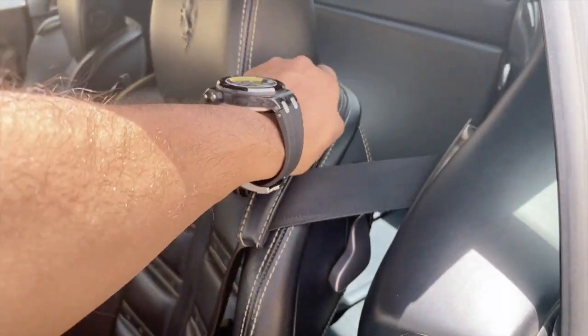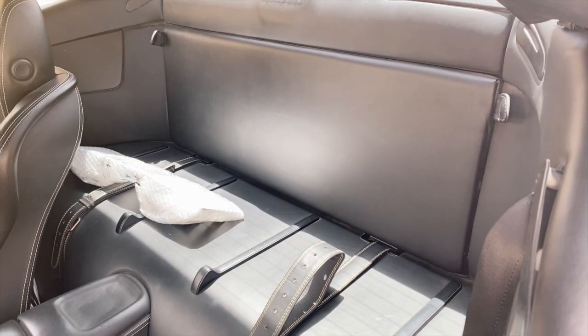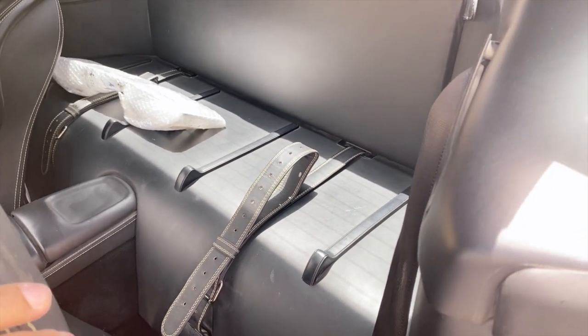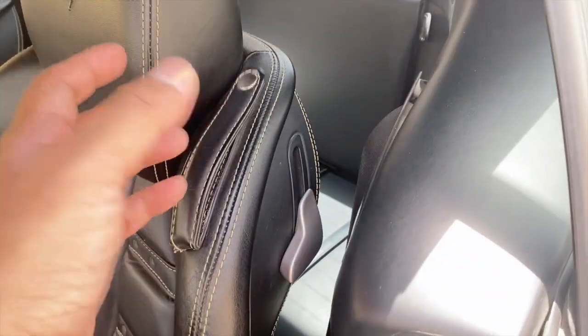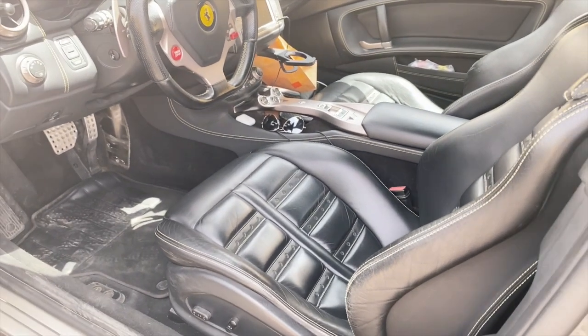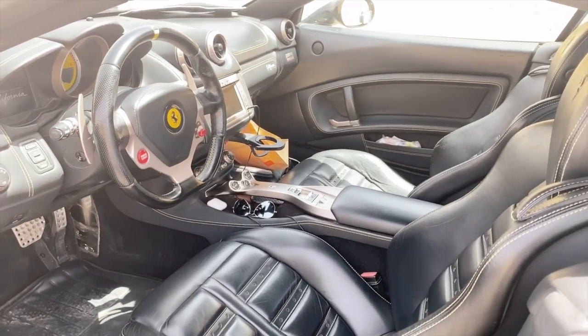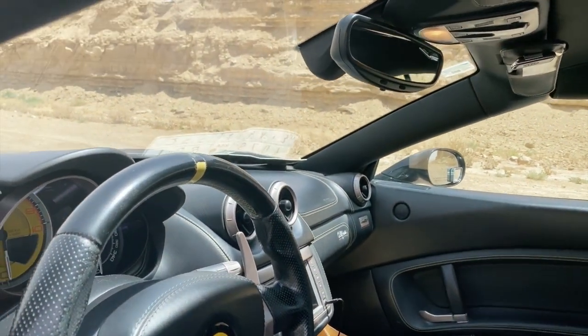Cut a long story short, we agreed on a price, and I thought that was a pretty fair price for the car. I probably wouldn't be able to get into another modern Ferrari for that kind of money. So I ended up buying the car, buying a few bits like shock absorbers, which are horrendously expensive, and I will cover that in another video. But all in all, it was really good. Then there was the small matter of talking to the wife, trying to explain that one to her. And so whilst I was